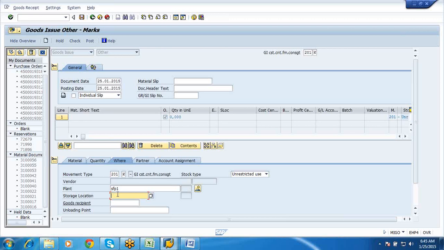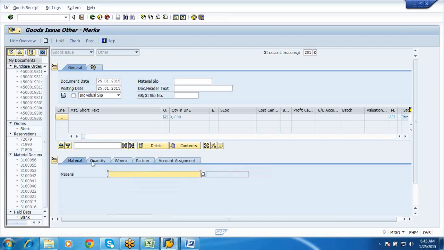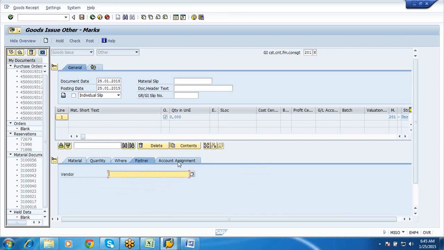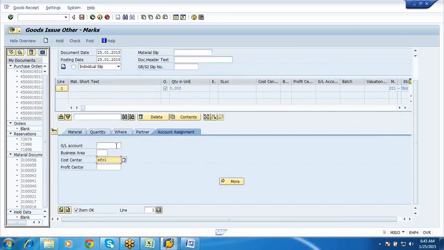SFP1, this is SFRM. Now say 1567, quantity as 2. Okay fine, partner, account assignment. So for account assignment I can say SFC1, the cost center, and your GL would be some 1000, which is what I gave on that day.